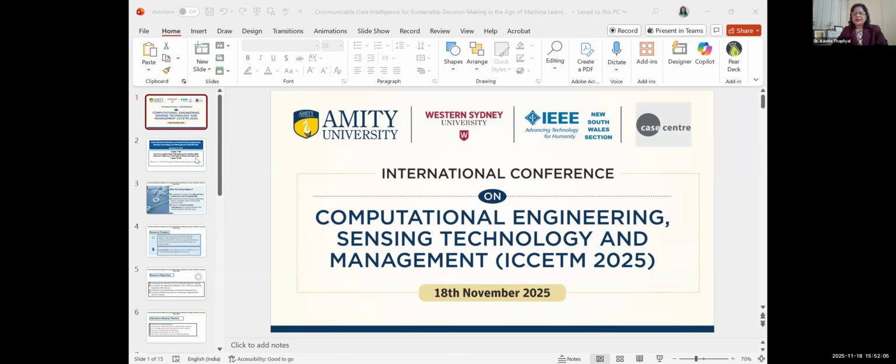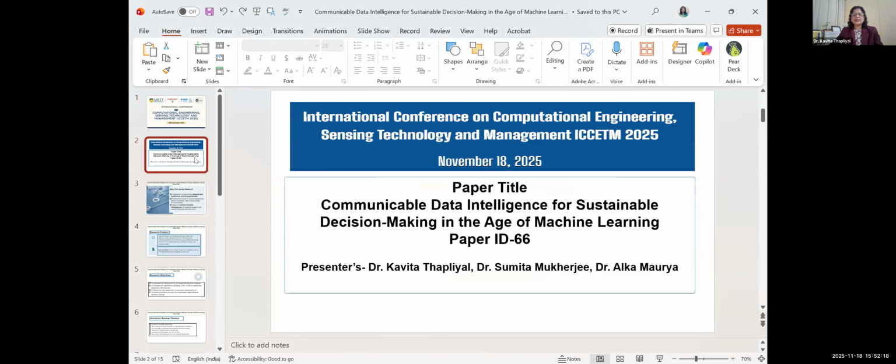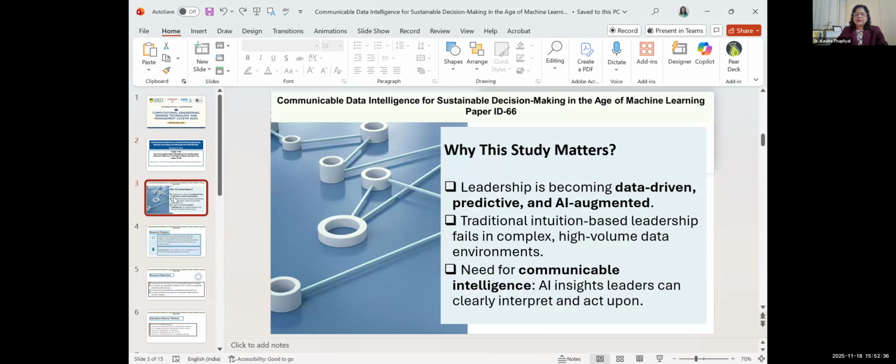Perfect, perfect. Very good afternoon to the jury members. Can you hear me? Is the presentation visible? Yes, yes, we can hear you. Please proceed. So very good afternoon, everyone. The title of our paper is Communicable Data Intelligence for Sustainable Decision Making in the Age of Machine Learning. As we all in higher education are scaling and moving towards technological adaptation, the first and